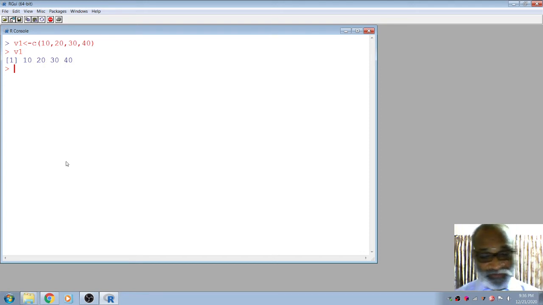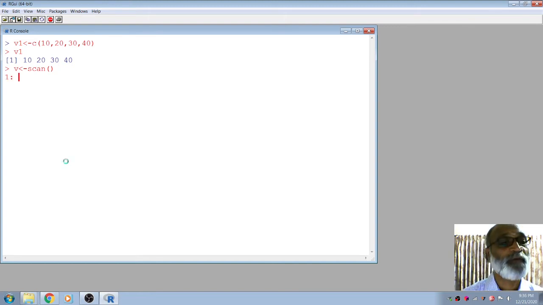Even another function is there. For example, I am going to create a vector using the scan function. The scan function is there to create a vector. It takes the values from the keyboard one by one. For example, the first value 1, the second value 3, 4, 5, 8 like that.